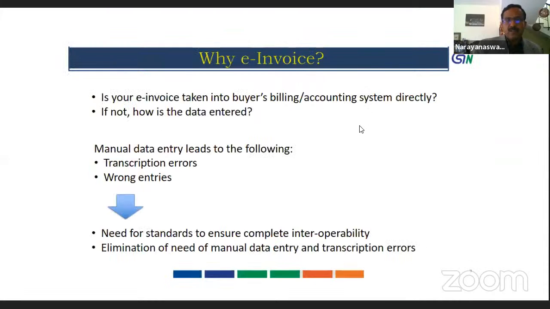This is about the e-invoice. E-invoice is going to help the industry to a great extent. Already there is a lot of positive response for e-invoice. We have already launched it from the 1st of October onwards for companies with 500 crore and above. They are all very happy. From 1st of January, companies with 100 crore and above will have to adopt e-invoicing. Gradually, it will be extended to most other companies.